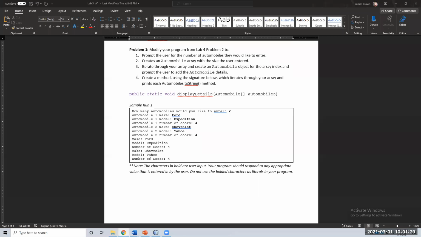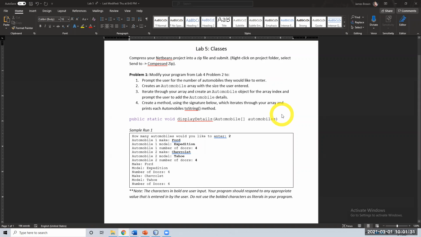So the first thing we're going to do is go through lab 5, which is what we did in class on Friday. And basically your lab pretty much followed what you did in lab 4. However, this time you were creating an array of automobiles, right? Plus you had to create another method that iterates through your array and prints out each automobile, the toString method